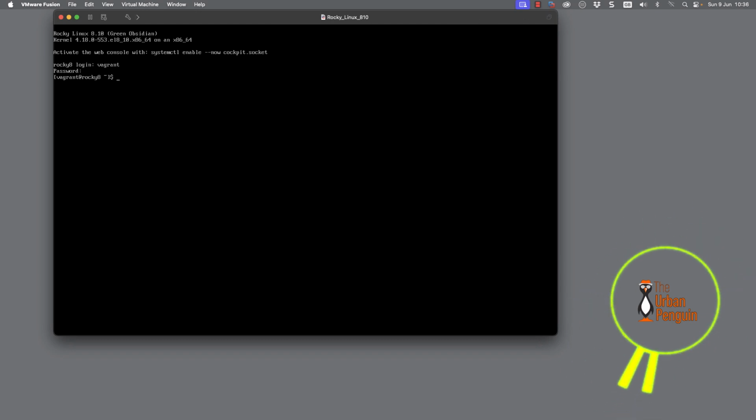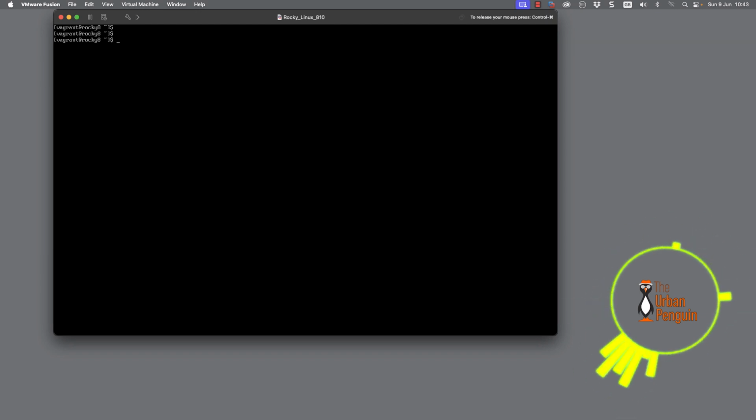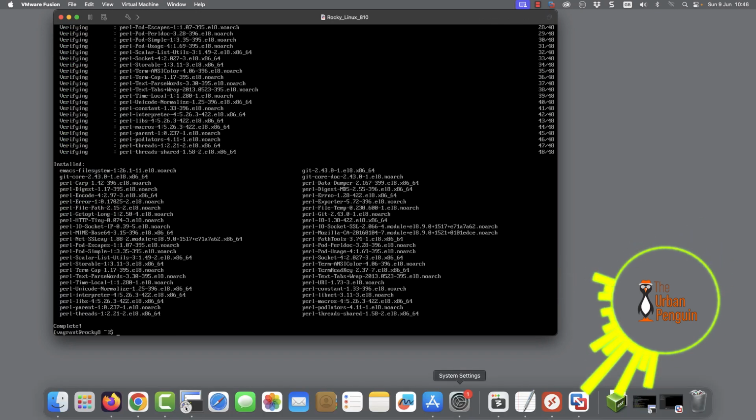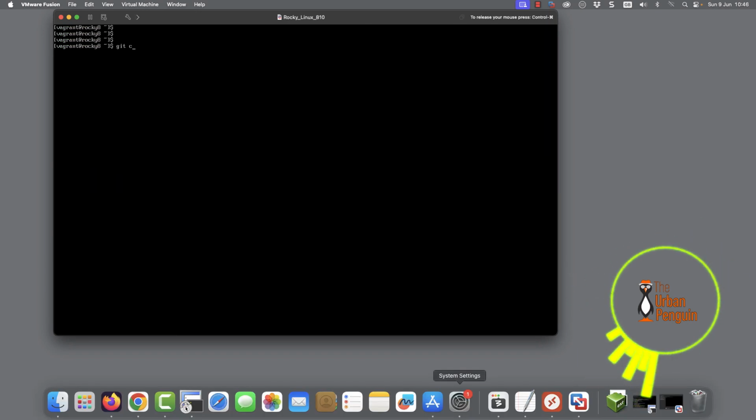I'm going to install the Git client so I can access a Git repository with a script that we can execute to configure the system. So I can go through and just do a sudo yum install. And as I say, we'll put it on our Git client so that we're able to clone a repository. So let's go through and add this. One of the things we want to fix is this problem of having to put a password in for sudo, but we'll also be installing some additional utilities.